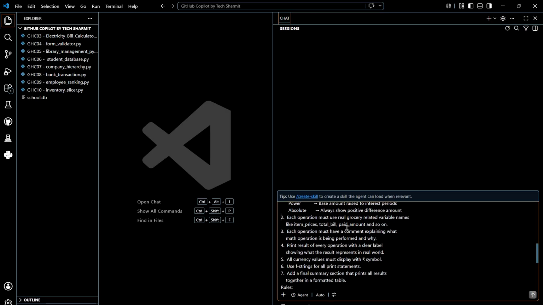Second thing, each operation must use real grocery-related variable names, like item price, total bill, paid amount, and so on. So these things I need. Third thing, each operation must have a comment explaining what math operation is being performed and why. So we don't want only the logic, we also want proper commenting for every business logic included in